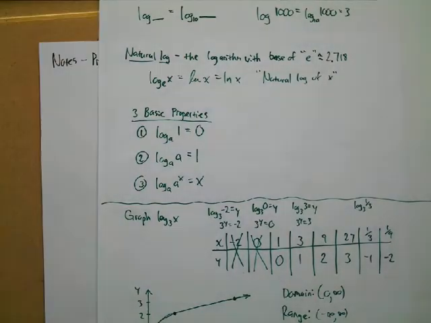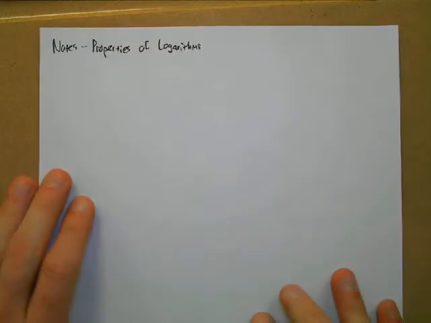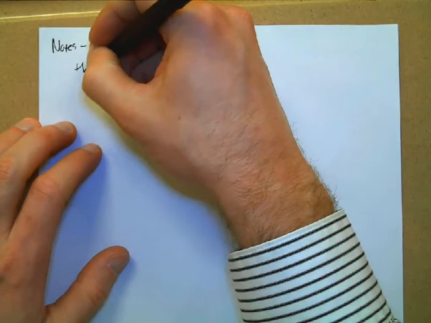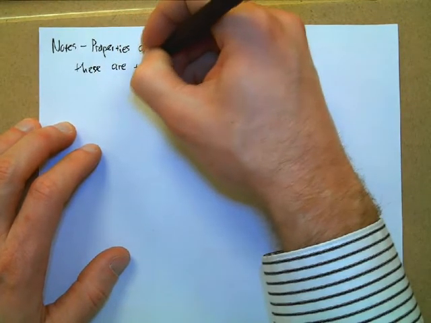Okay. Basic properties there that we want to not forget those too. But then we'll also utilize some other properties here. So one note before we get into these properties is that these are true. And again, I feel like this may be obvious, but maybe not. So these are true for